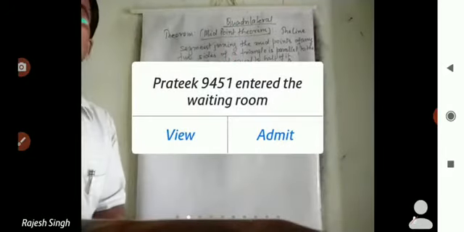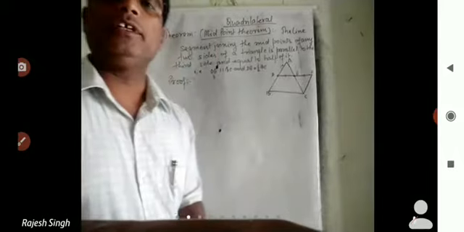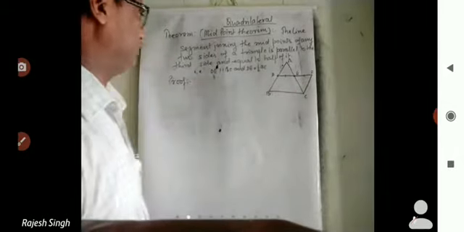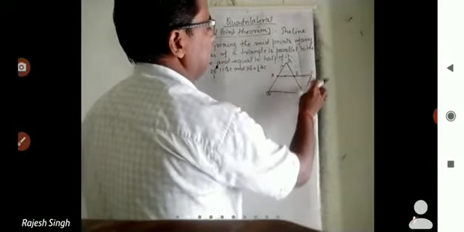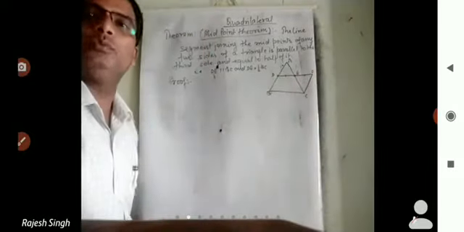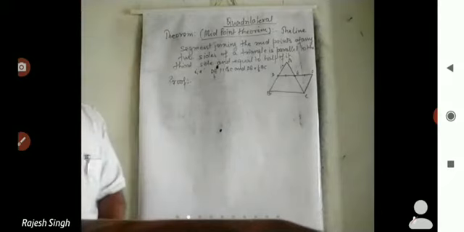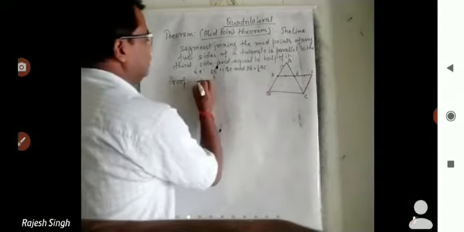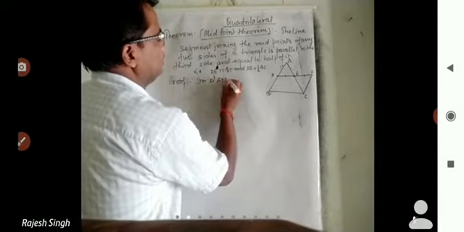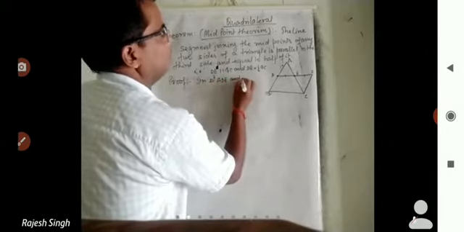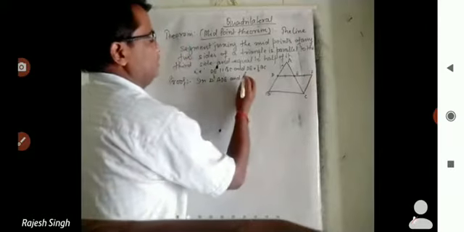After joining CF, you see in triangle ADE and triangle EFC, we will prove the congruency of the triangles. In triangle ADE and triangle EFC,